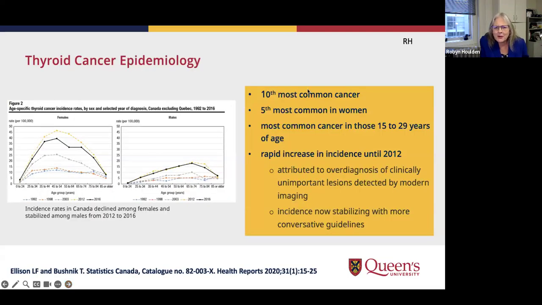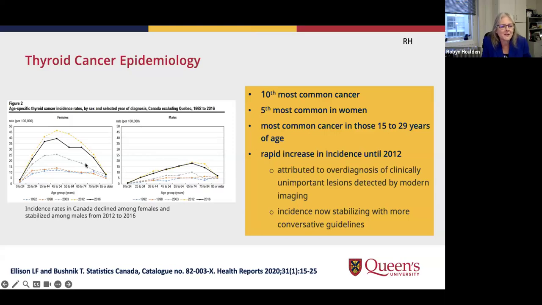detail. So we think about thyroid cancer. It's actually the 10th most common cancer. It's the 5th most common in women. And it's actually the most common cancer in young people, people between 15 to 29. Well, what happened in around 2012 is we saw this rapid increase in the incidence, a lot more cases being picked up. And if you look at that figure I'm showing you over there, that the yellow curve on that